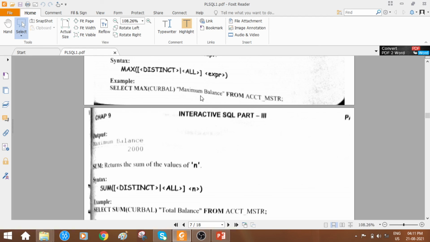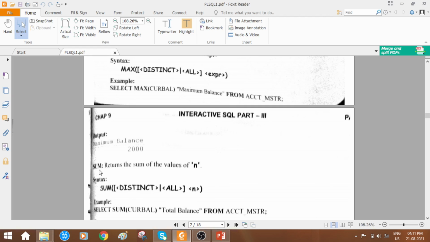For our convenience, the column heading is taken as maximum balance, and just check out the output here. Maximum balance you are finding, and what is it? 2000. Among the accounts in the account master, the current balance column's maximum value is 2000. Okay, like that.